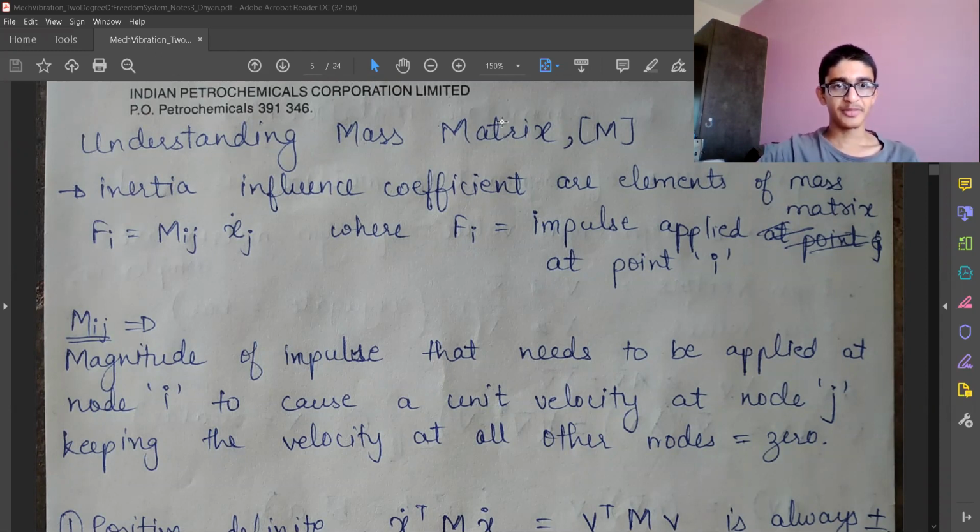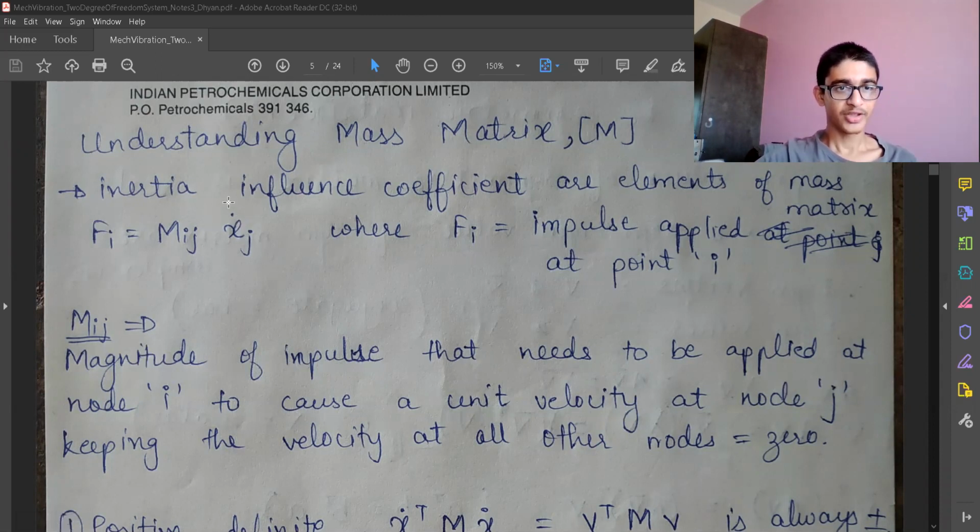So the mass matrix is represented by M, and the inertia influence coefficients are the elements of the mass matrix. In index form, we represent it as Fi is equal to Mij Xj double dot. Sorry, here it should be double dot, that is the acceleration of that degree of freedom, where Fi is the impulse applied at point i. Mij, the mass matrix element, is the magnitude of impulse that needs to be applied at node i to cause a unit velocity